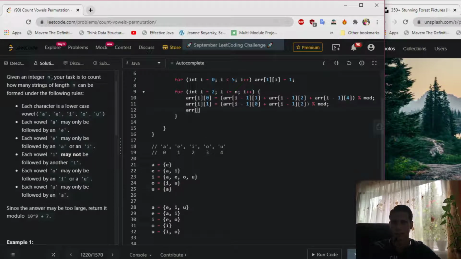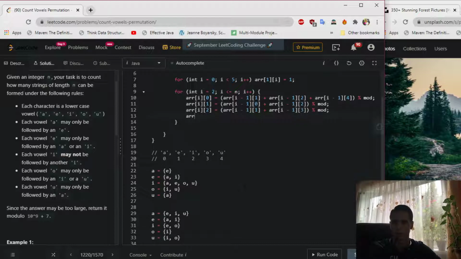Next, array i 2 is equal to array i minus 1. We'll look at this one, E, which is 1, and plus array i minus 1. We got O, which is 3, and do the same modulo mod. Array i 3, which is O, array i minus 1. We got I, which is 2,